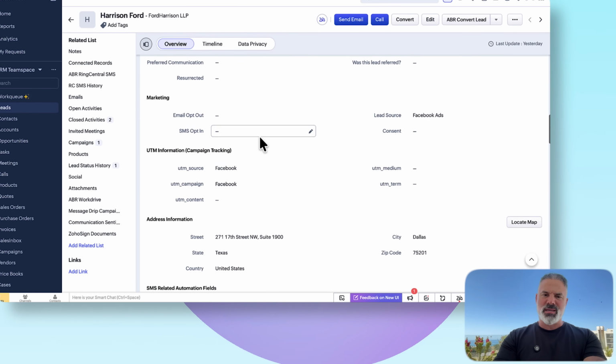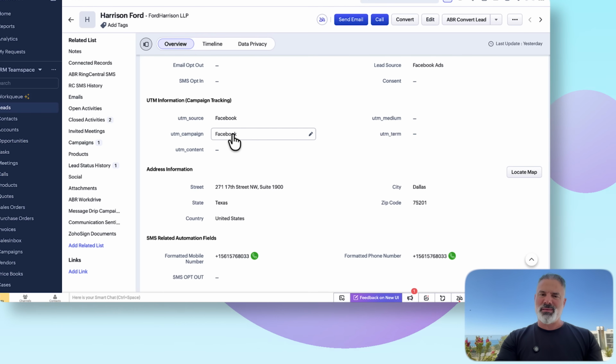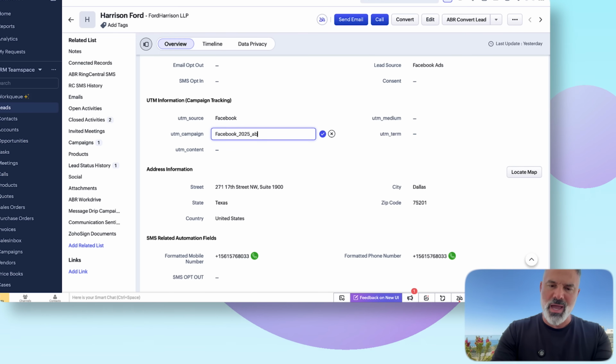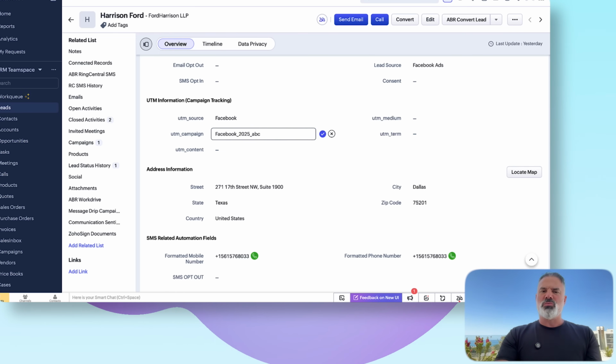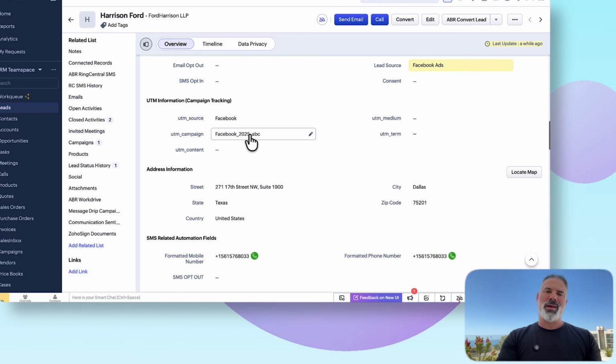And you can see here that he came from a Facebook campaign. Now, this is not great. I will say Facebook 2025 ABC. So that was the campaign name. So I know it came from Facebook, and this is the campaign